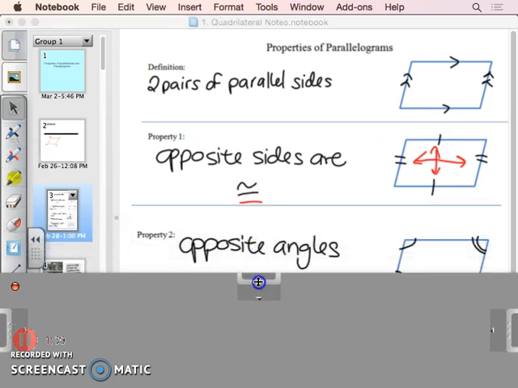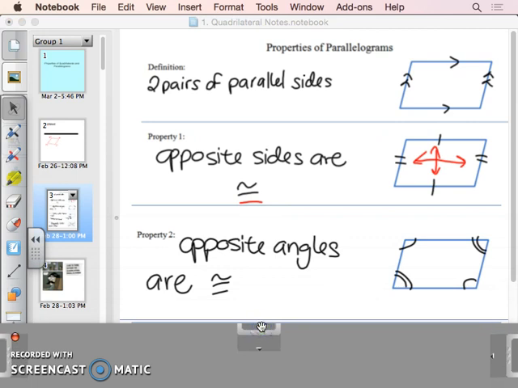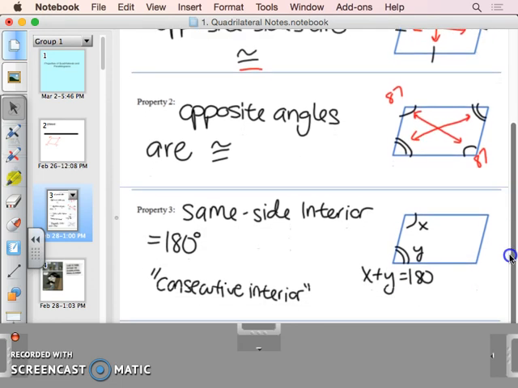All right. Property number 2 is that opposite angles are also congruent to each other. So these angles are opposite each other, and these angles are opposite each other, so they are congruent as well. So if I said this angle had a measure of 87, then this one also has a measure of 87 degrees. Property number 3, these are all specific to parallelograms. Okay, property number 3 states that